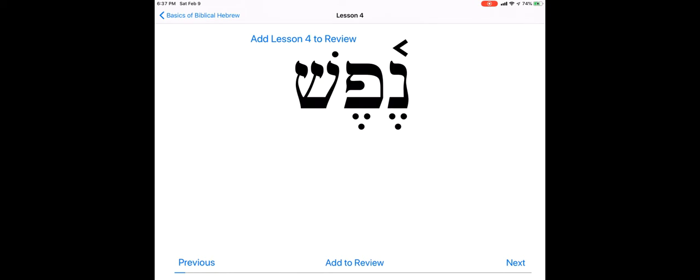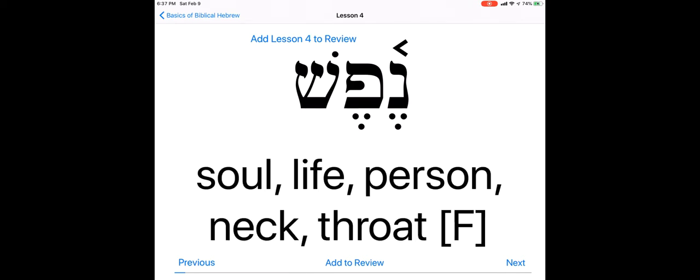So here we have a word, nefesh. It shows you the accent over the noon, indicating that the stress is going to be on the first syllable and not the last syllable. Without such a mark, we always put the emphasis or the stress on the last syllable. When we see that it puts it on the first, we would say nefesh, not nefesh. So we put the accent on the first, and of course we should know that that word means soul, life, or the soul or life of a person. So nefesh. Then you go to the next word,